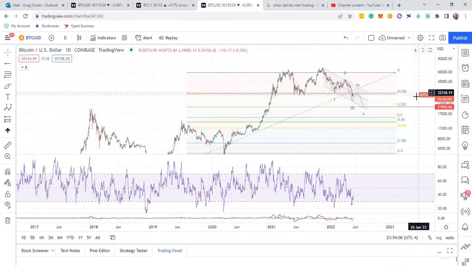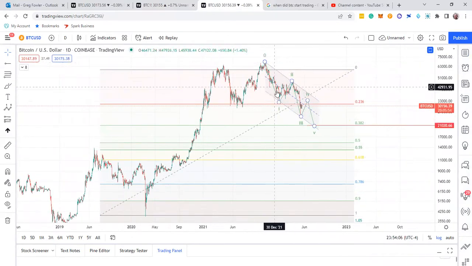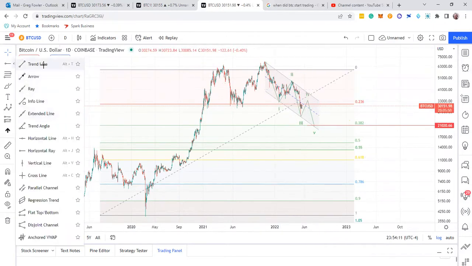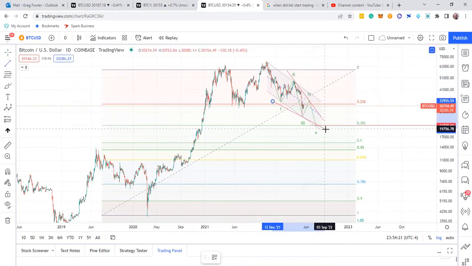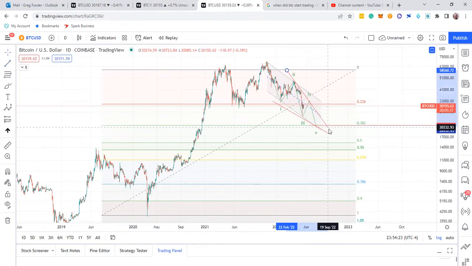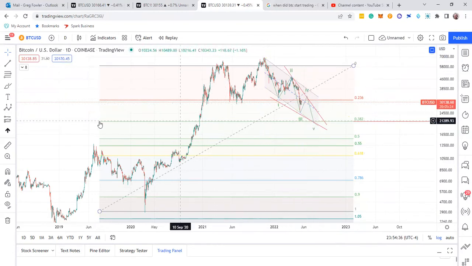And I think this is probably a little bit more realistic, okay, where I have this parallel channel where it came down and it's doing like a contracting diagonal, where if you take trend lines and you put it like that to that area, and then you take the trend line here and you go something like that. So it'll be a contracting diagonal where it will still be a flat. So it'd be 1, 2, down for 3, up for 4, and down for 5. And that would make this a B, C, or a flat.